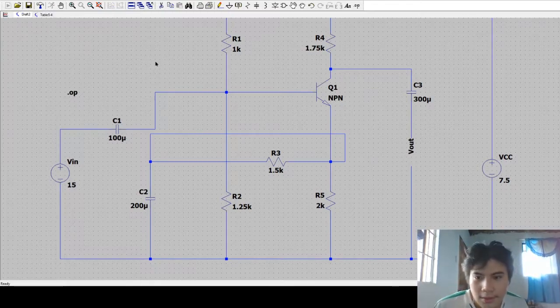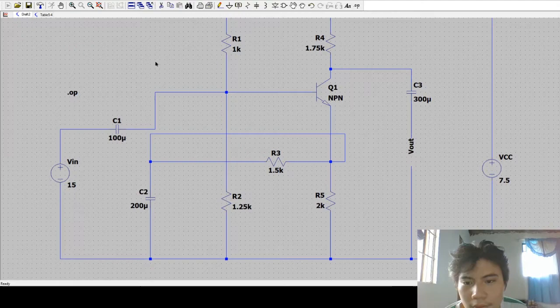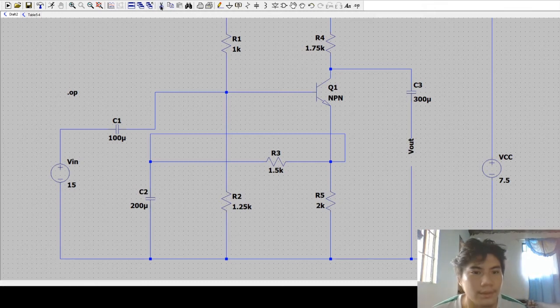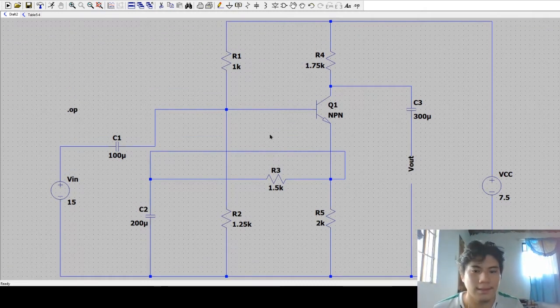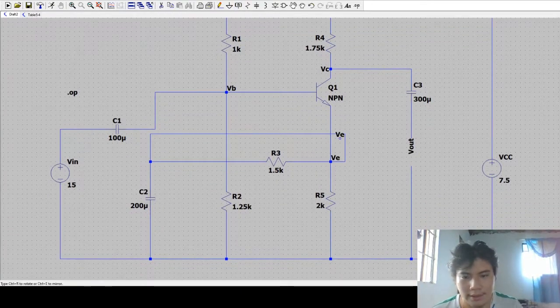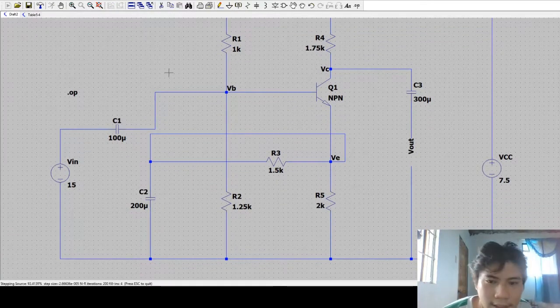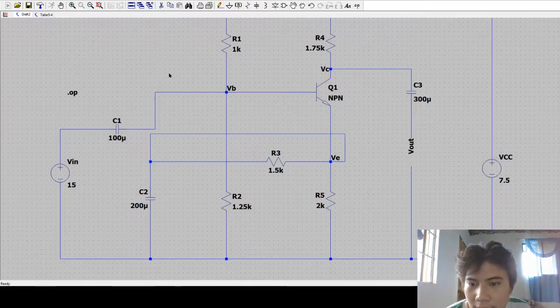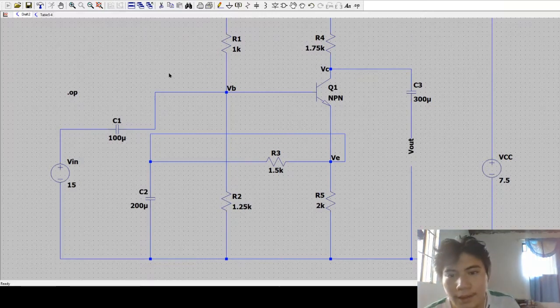It's waiting to run, and there you have it. I think I forgot to put on the labels. Again, put on the labels VB. Put on the label VC. Another is VE. VE right here in the node. I simulate so I can see the voltages in those nodes. It's waiting. There you have it. We have a new